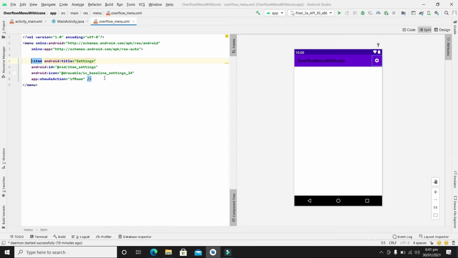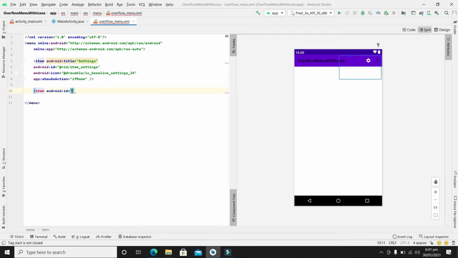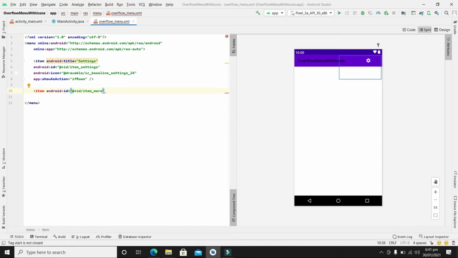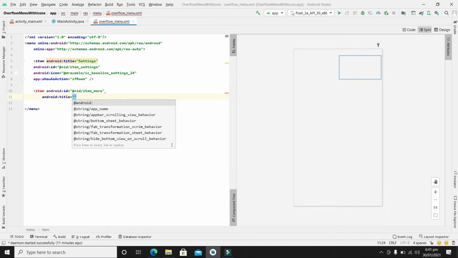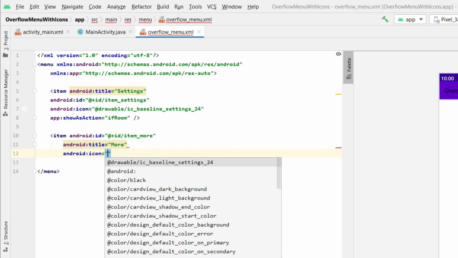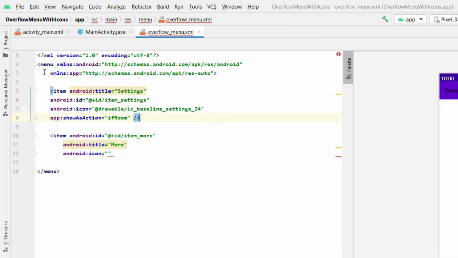In the same way, we will have to add more items. Now let's add another item. So we will select the ID as item more. So in the same way, its title will be more and its icon, let's import its icon.